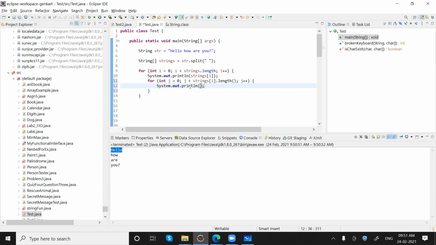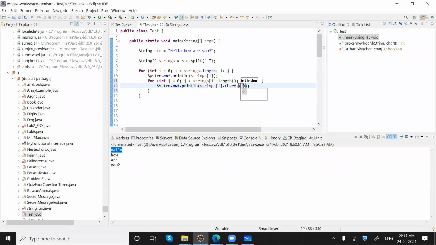Just print that character. strings of i dot charAt of j.